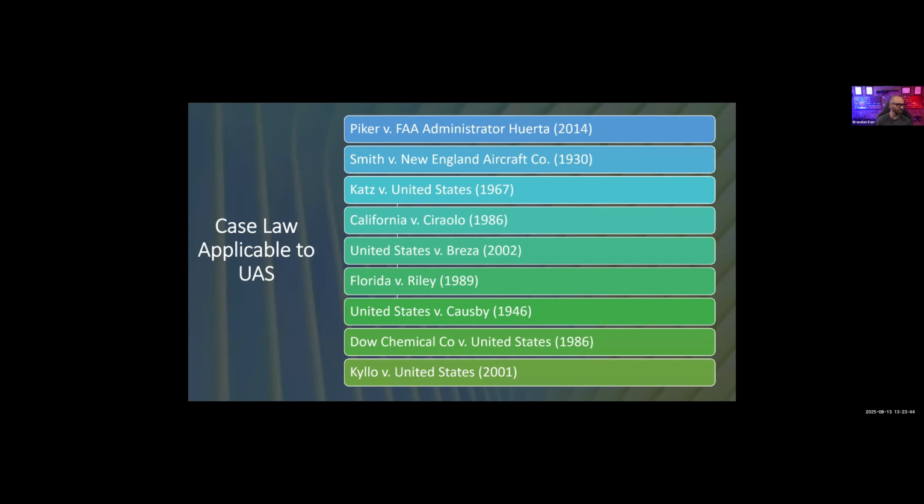There's one that is not listed in here that I need to add to the slide deck, which is Stevens versus Ohio. That's another really great one that was specifically drone related. It was really recent. I think it was in 2022 or 2023. Those validate everything we're about to talk about. The highlight ones, if you're not familiar with it, are Perker versus Administrator Huerta, CATS, UAS versus United States versus Breza, US versus Cosby, Dow and Dow Chemical. So real quick rundown on that. There's a whole class on this, but